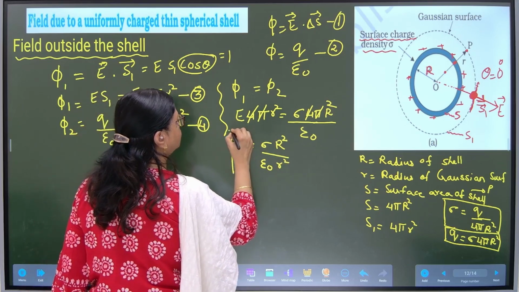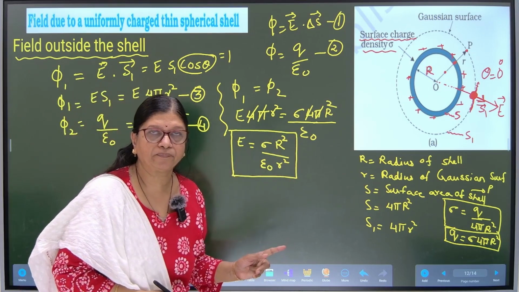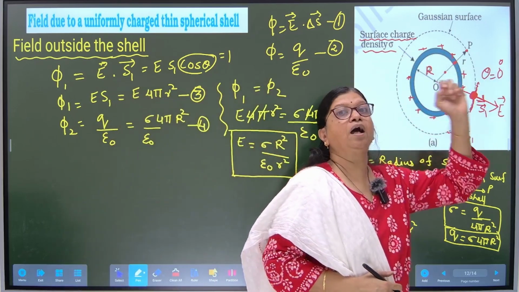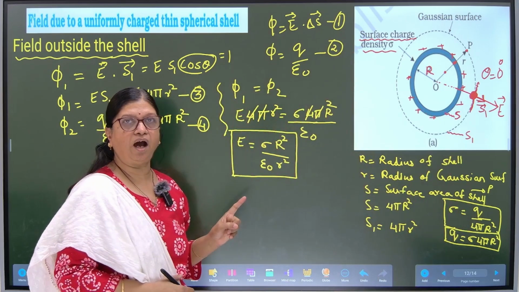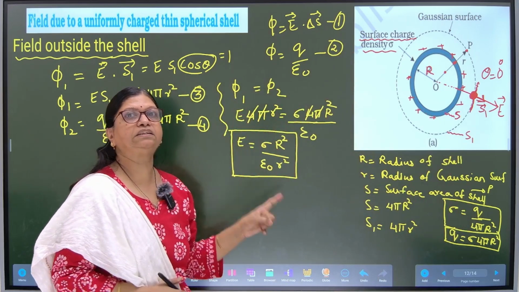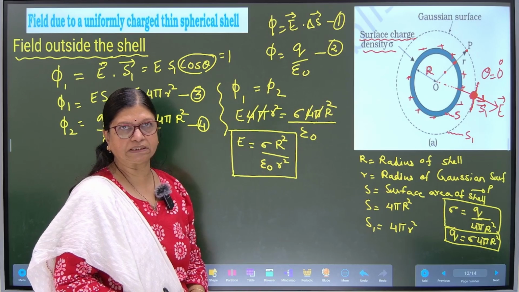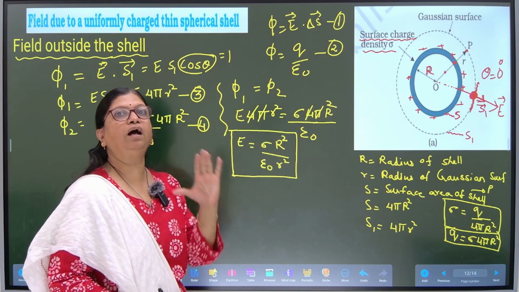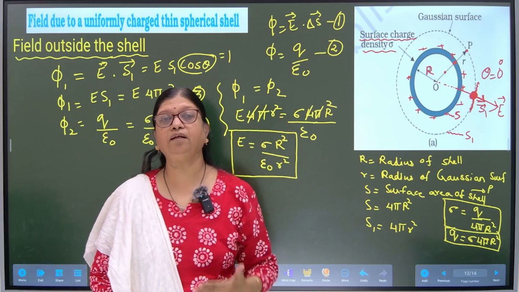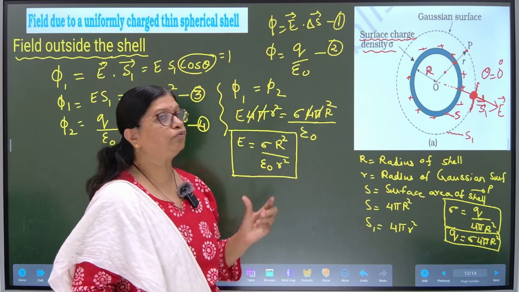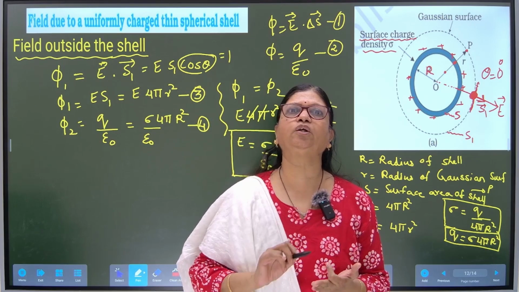So this gives me the formula of electric field for a point outside the shell with given sigma, radius R for the shell, and small r is the distance between the point and the center of the shell. Epsilon naught is known to us. So this is the formula if it is asked as a formula. Now from here we can further extend this formula to the board question asked or JEE or NEET question asked